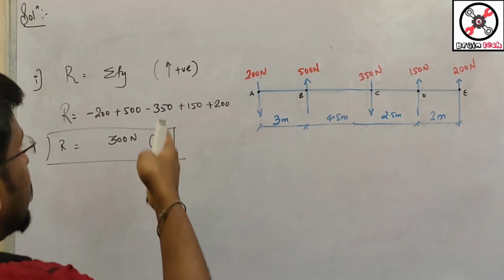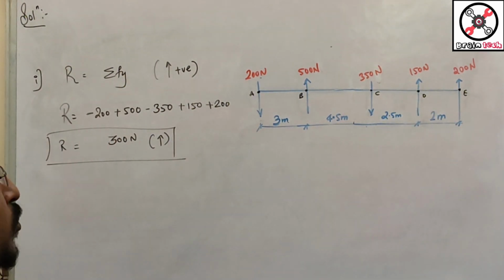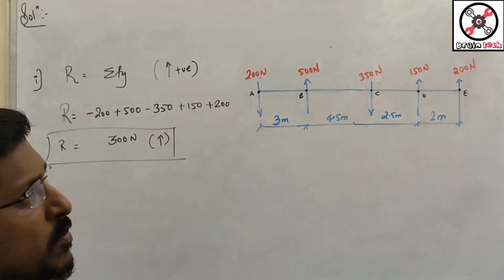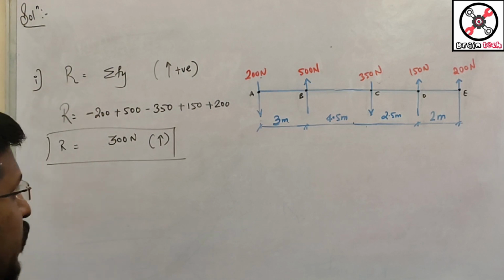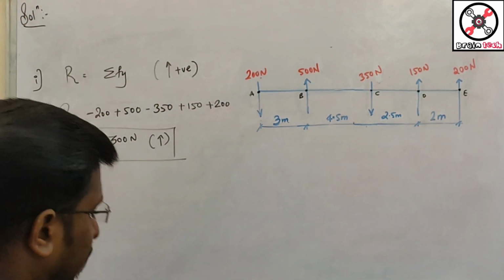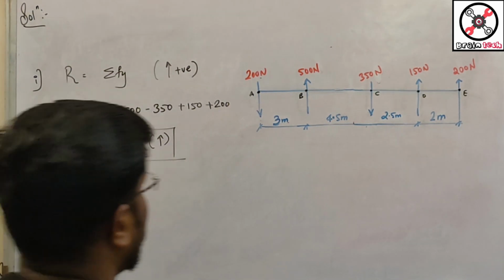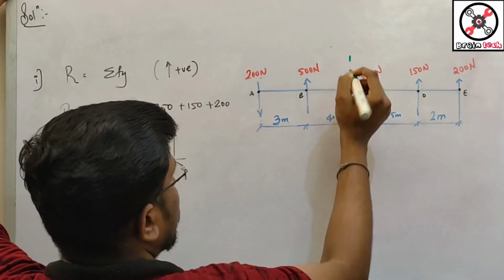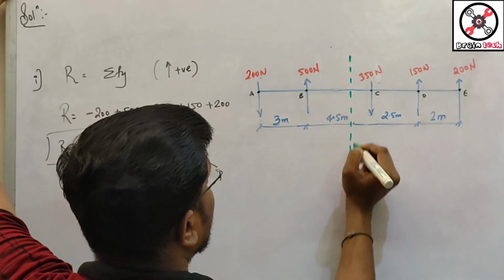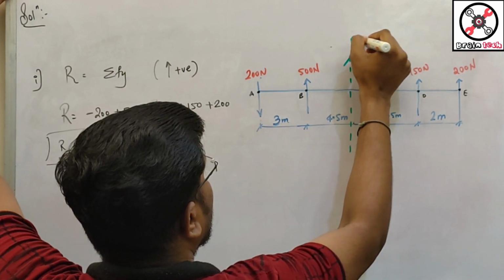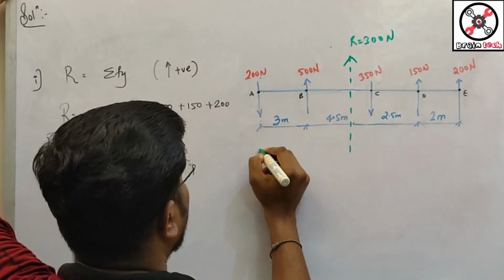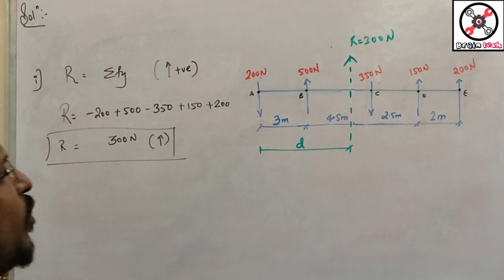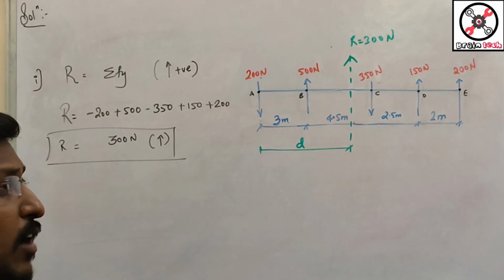Now we will plot this resultant on this diagram. You don't know whether the resultant will be acting on the right side or left side. So you assume that the resultant is at the right of A. I'll assume point A as my reference point. So I will show my resultant on this diagram, and I have to find out now the distance, that is, at what distance from A the resultant is. You have to find this.